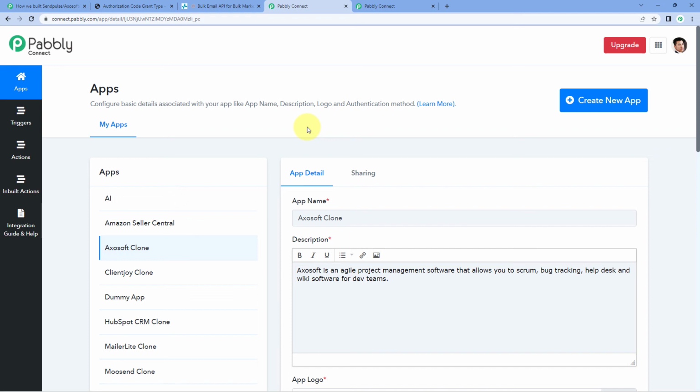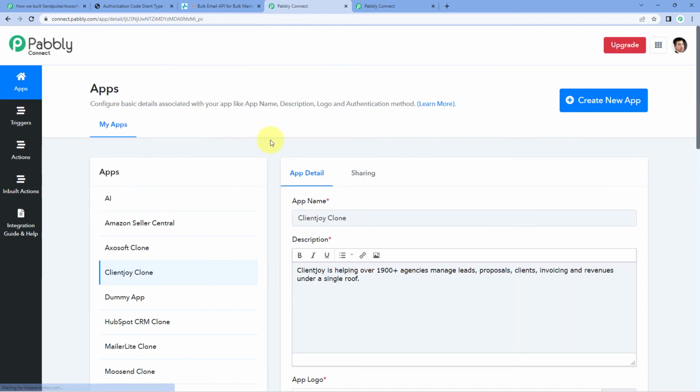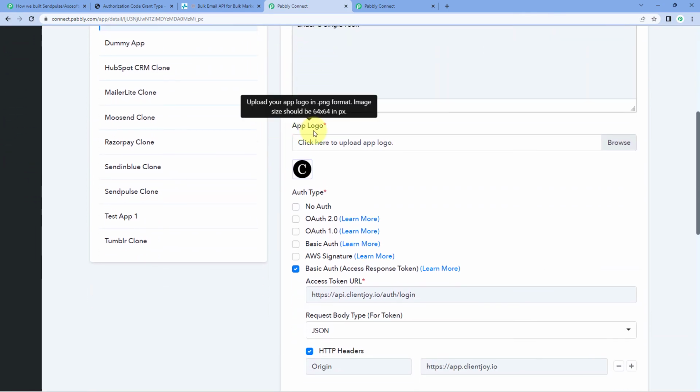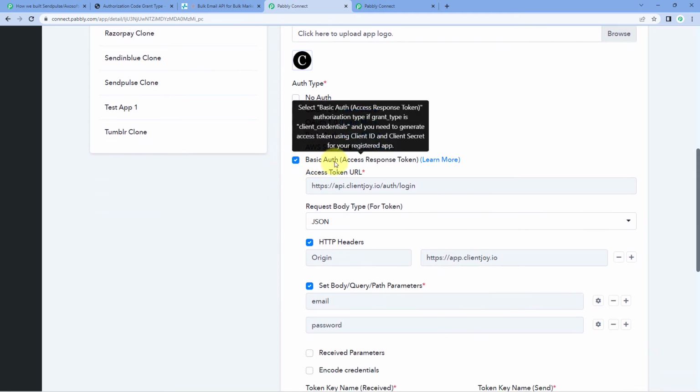Now, guys, let's move to the third case of today. That's the last one, that if your application generates access token via API. So for that case, we have an application named Client Joy. So let's have a look at this first. So here, the first process is basically the same. Enter some basic details, upload the logo, and in authentication type, after selecting basic auth access response token,